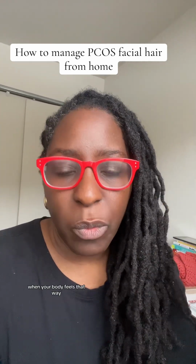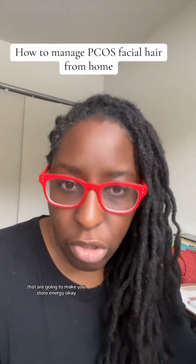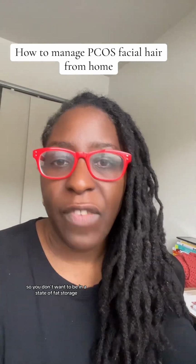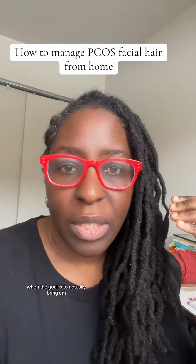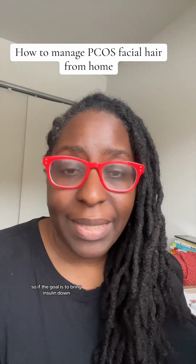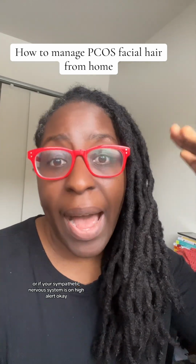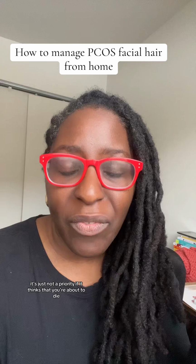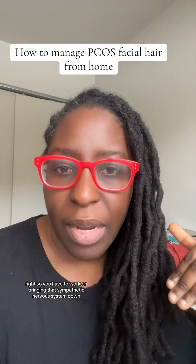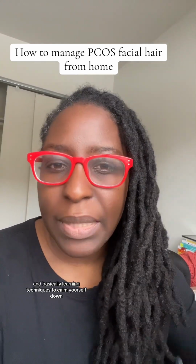When your body feels that way, it's going to produce chemicals and hormones that are going to make you store energy, okay? And food or fat is energy. So you don't want to be in a state of fat storage when the goal is to actually bring fat down, or to bring insulin down. So if the goal is to bring insulin down, that is not going to happen if cortisol levels or if your sympathetic nervous system is on high alert, okay? It's just not a priority. If it thinks that you're about to die, it's not going to then allow you to lose weight or to lose fat, right? So you have to work on bringing that sympathetic nervous system down and basically learning techniques to